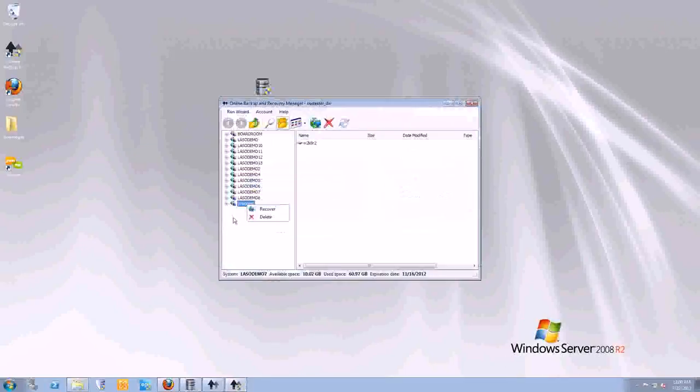Okay. The classic view, I'll show you that real quick. Again, we have our systems. This is where I can go and delete if I want to. I can also expand anything in here and show you a different version of a file. I can grab that and I can recover it. Same way as before. All right, I'm going to jump over to the My Account system,